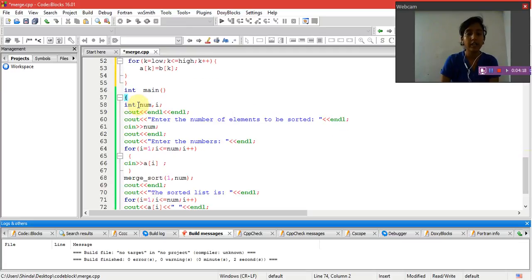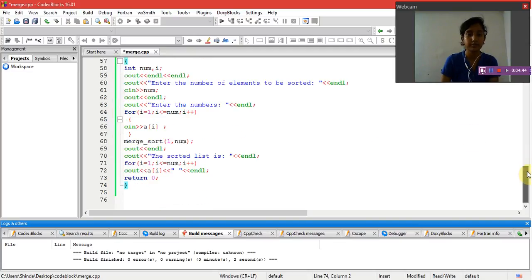Now I've declared an integer variable num and i. Now the input is gotten from the user as num, as well as the numbers. The first output is given as the number of elements which we are required to sort. The second input is gotten from the user as the numbers which are to be sorted.